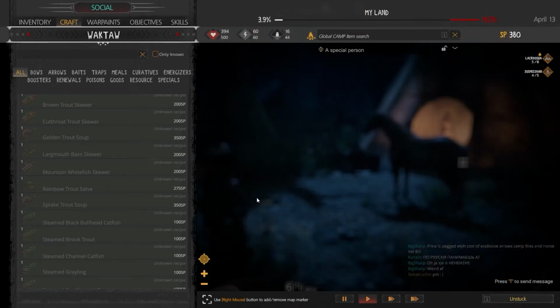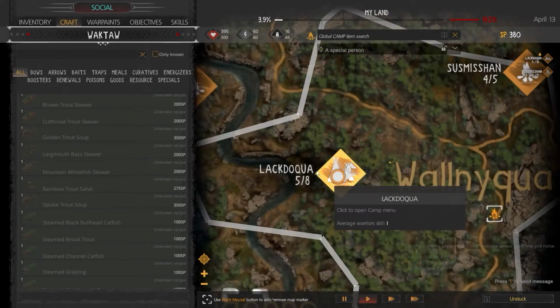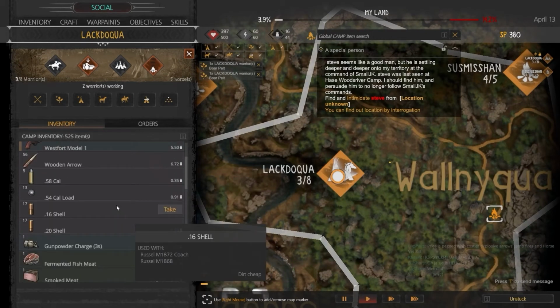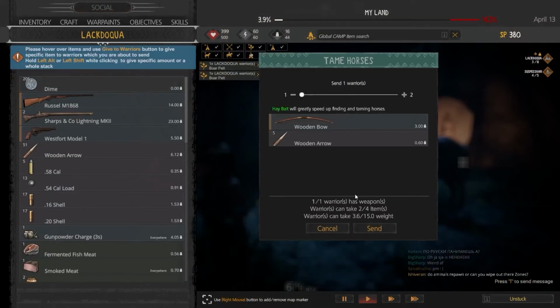Alright, so moving on, we're going to talk about our camp menu now, as we zoom really far in. On your camp menu, this is the camp inventory, everything that's in there. Of course, if you send the tame horses or something, you can click on equip the group, and it automatically equips the group, and they magically just get 5 arrows. I don't know what these weak wooden arrows do to tame a horse, but I guess it's